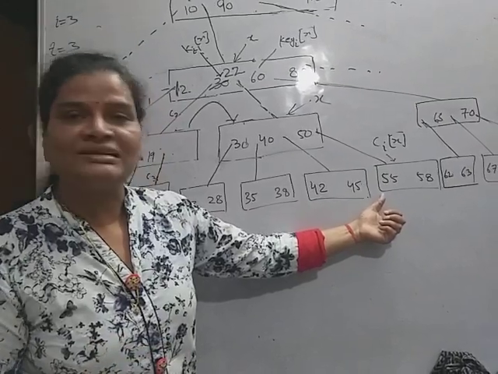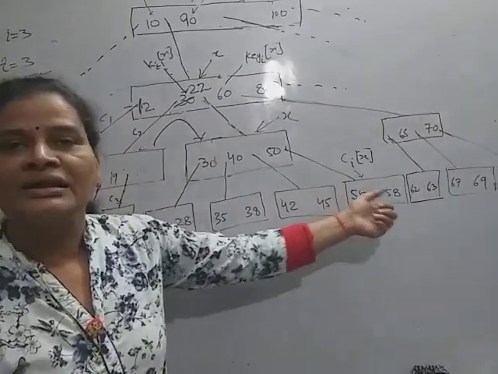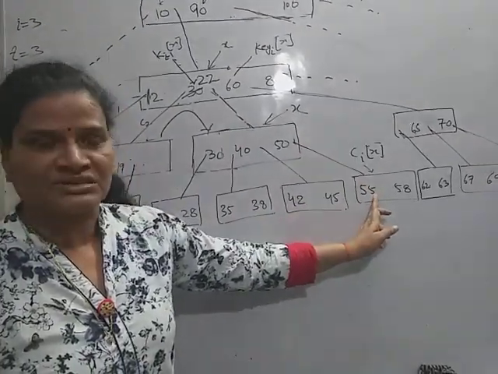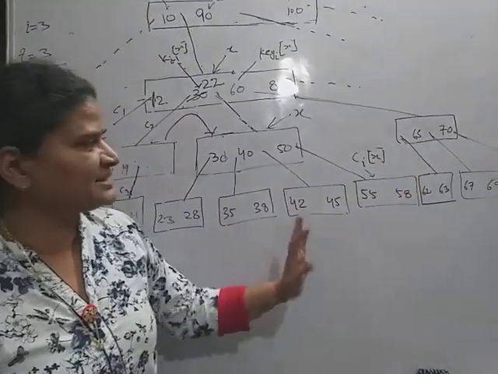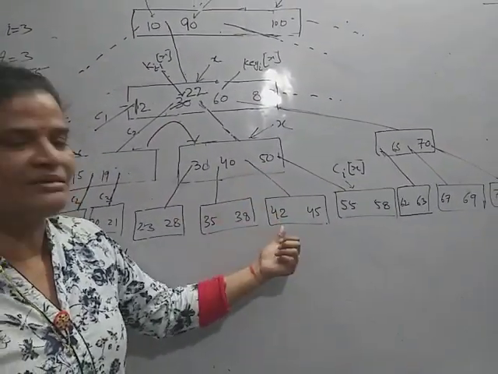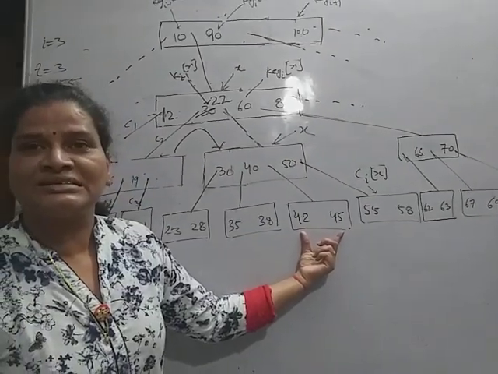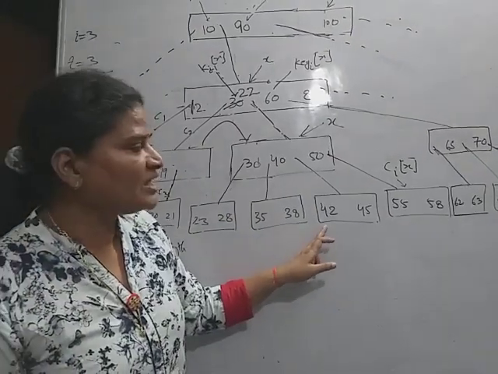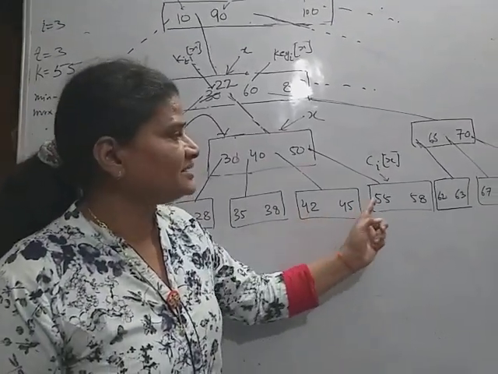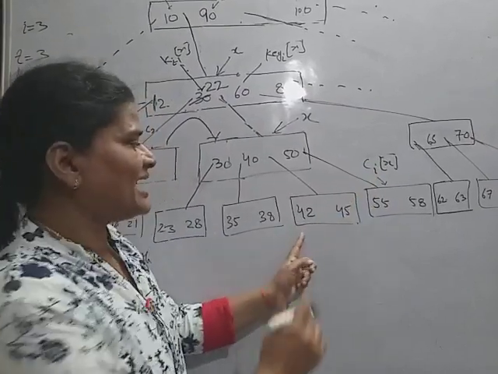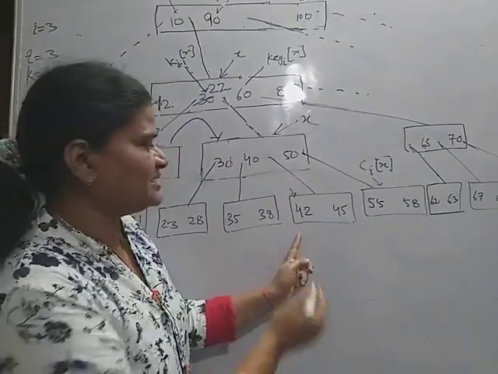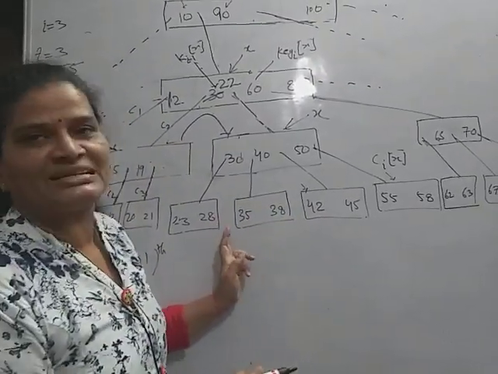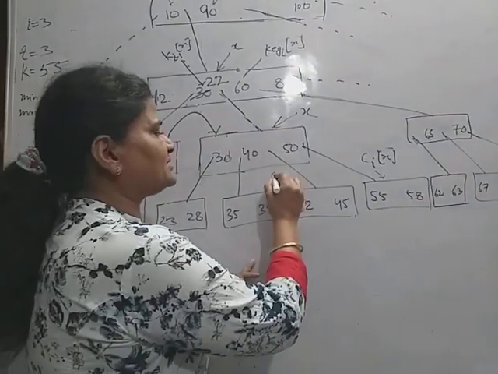So I said that either you have to check its immediate left sibling or immediate right sibling. But see here, because this is the rightmost, the immediate right sibling of this node doesn't exist. So what we do? We check its immediate left sibling. This sibling doesn't contain T number of keys. So what we do? We merge CIX and one of its immediate left siblings. Here there is only one. If you consider a node where left and right are both present, you can select any one of them. And suppose here I am selecting this one.